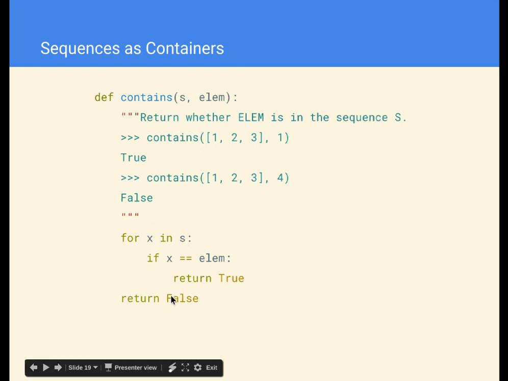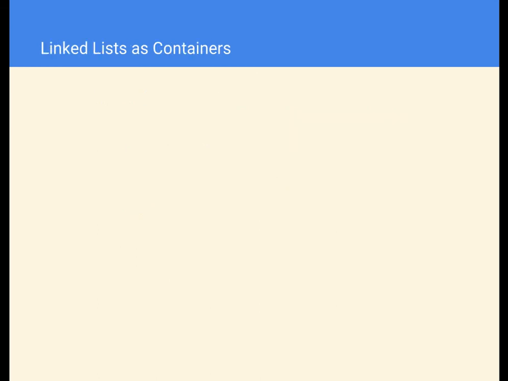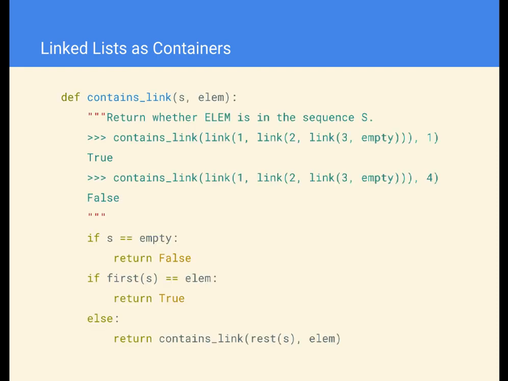Because here, this empty is part of saying I'm done with the list, right? But this empty here is saying that this is my value. This is my first. This empty here is important because it says that I'm going to build off of this empty. Now I have a link of one thing, and that one thing is empty. This is kind of weird. I have a link of one thing, and that one thing is empty. So when I call maplink on this link of one thing, it's going to apply the add m function, which just links the number that I used with the input it gets, which is empty.